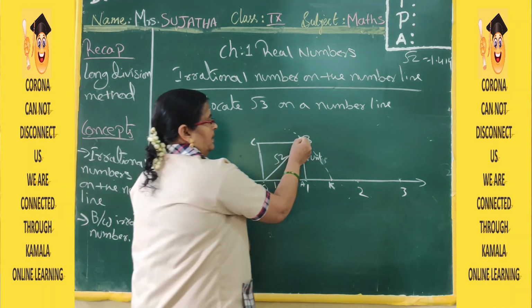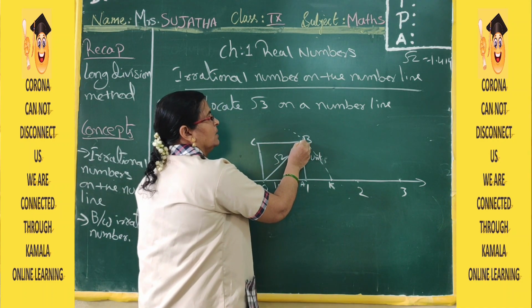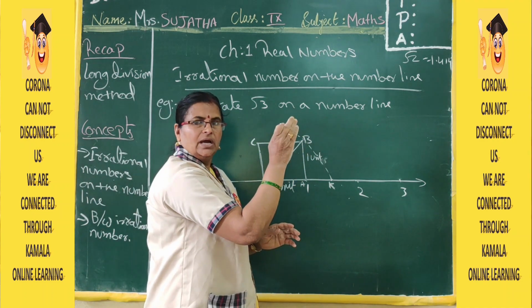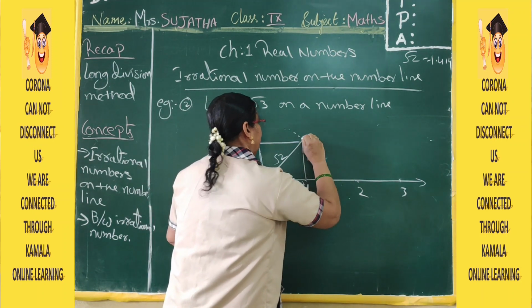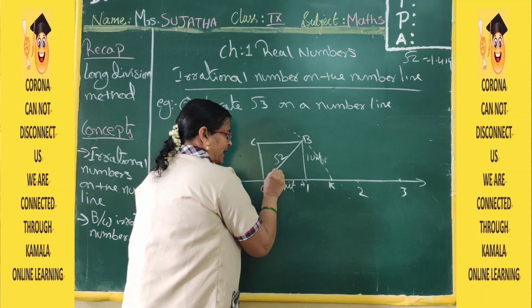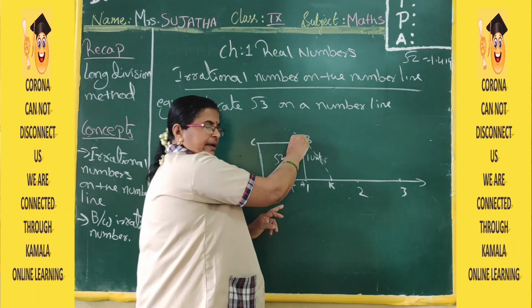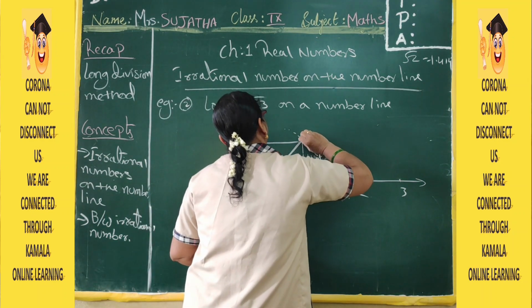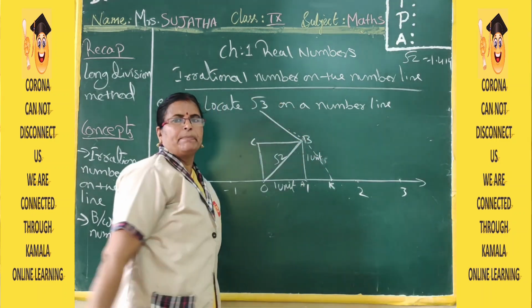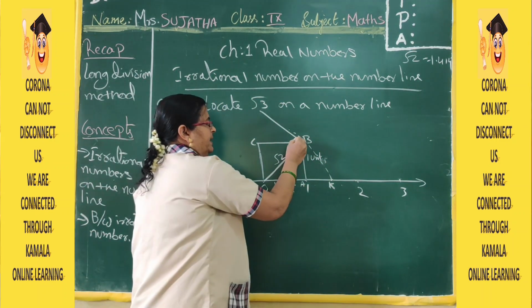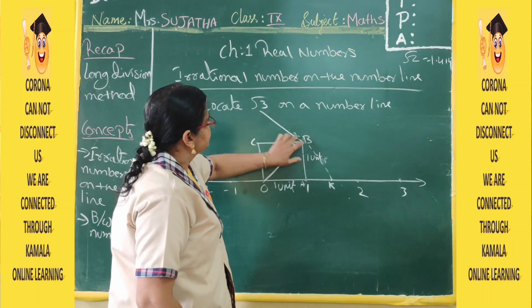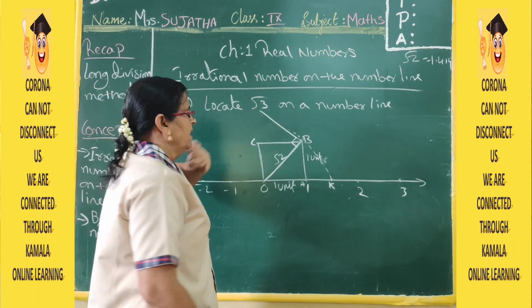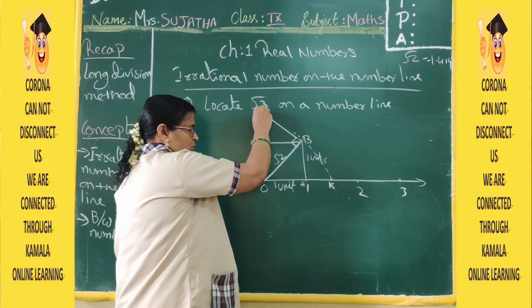Next, here at B you have to draw one perpendicular line. That should be 1 unit only. So perpendicular means to this OB line, you have to draw the perpendicular like this. This is a perpendicular line which will make 90 degrees, no? It is making 90 degrees. Now this is also 1 unit only. Now after that you have to join the